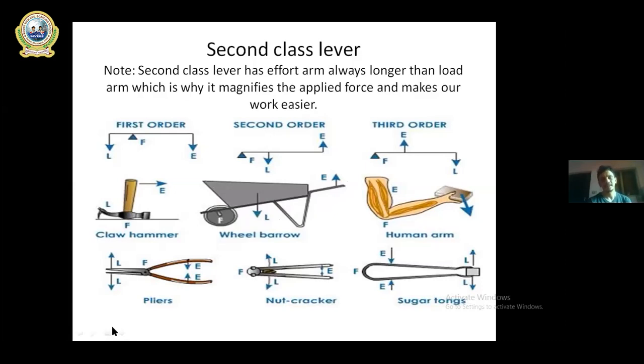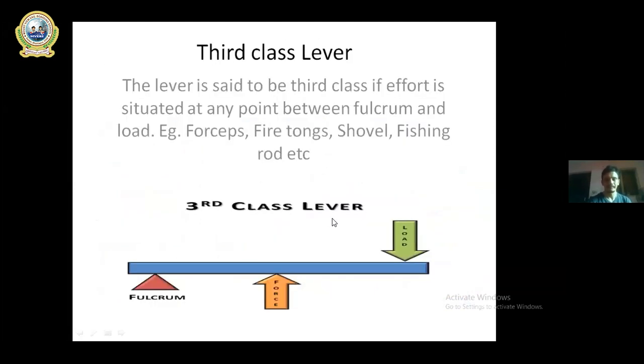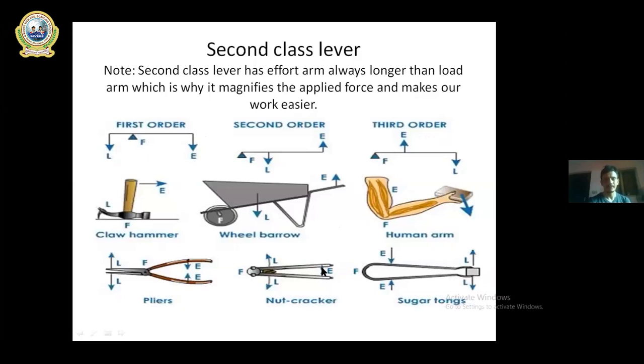So at this point there is betel nut, or betel nut is taken as load. The load lies in between. This is effort. This is where we apply effort. At point E we apply effort. That is, we put load here. This is betel nut, or you can say nut. And at this point it is balanced. So this is fulcrum.